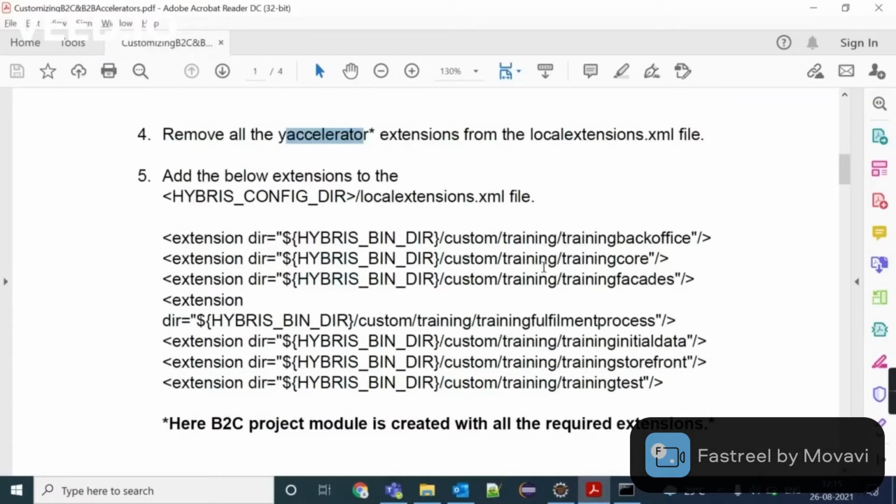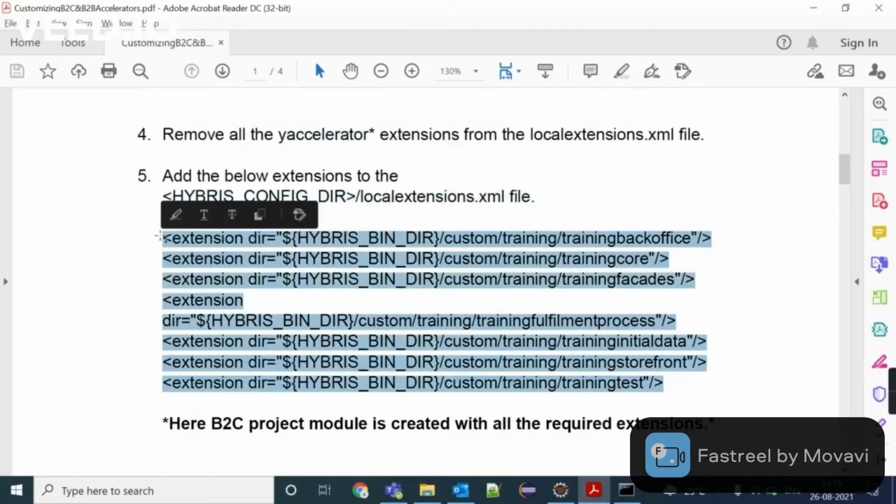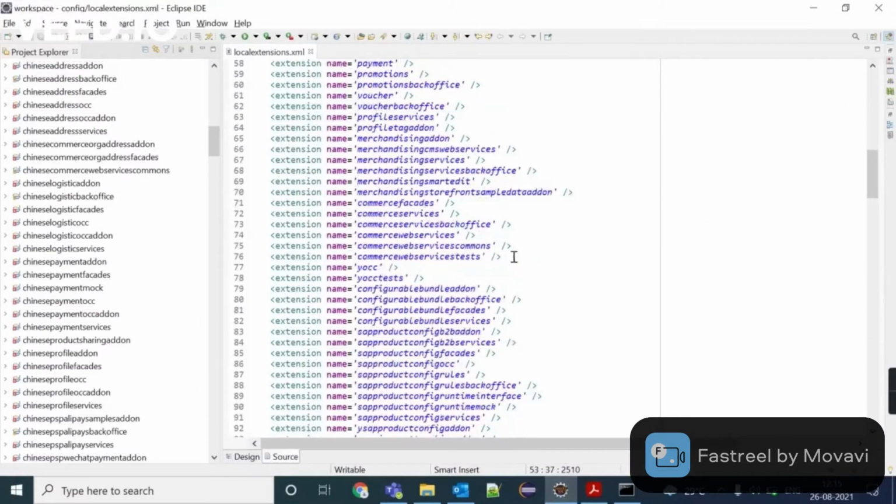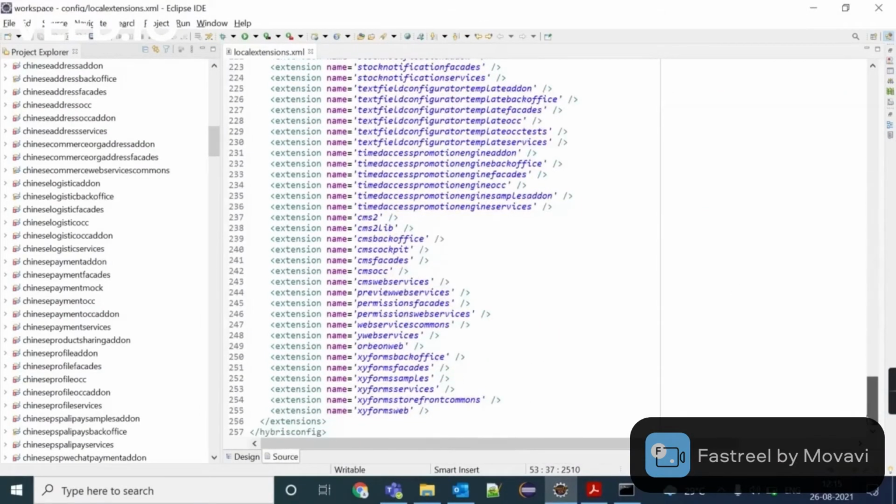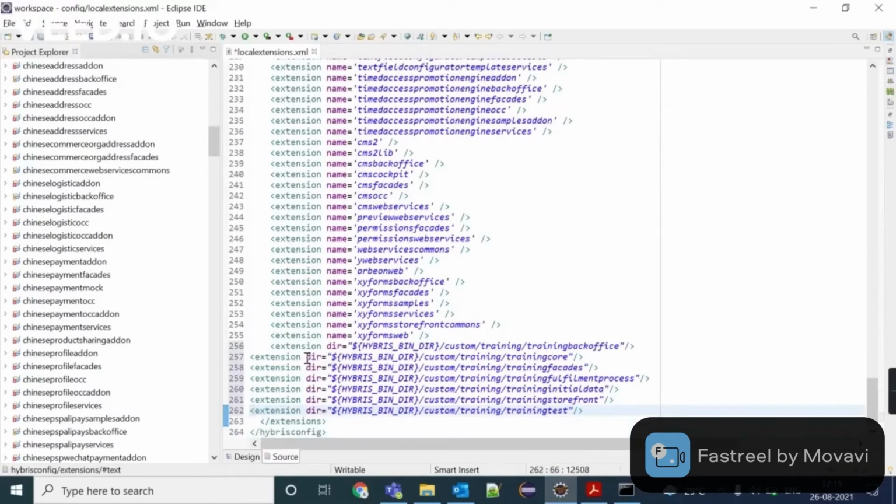Okay, so next step is we need to add the created extensions inside local extensions.xml file. Copy it.